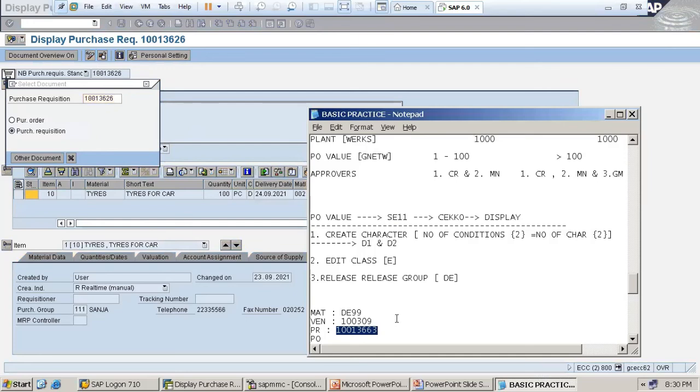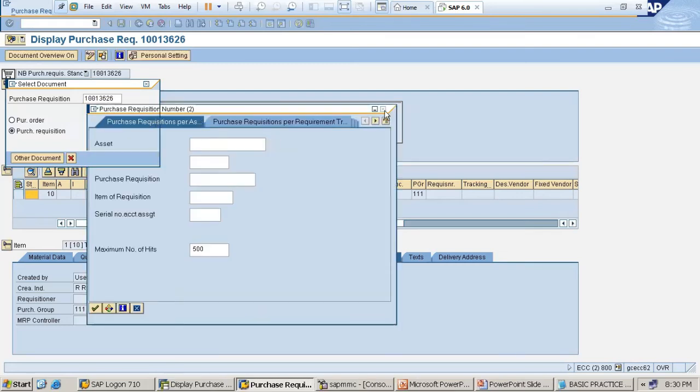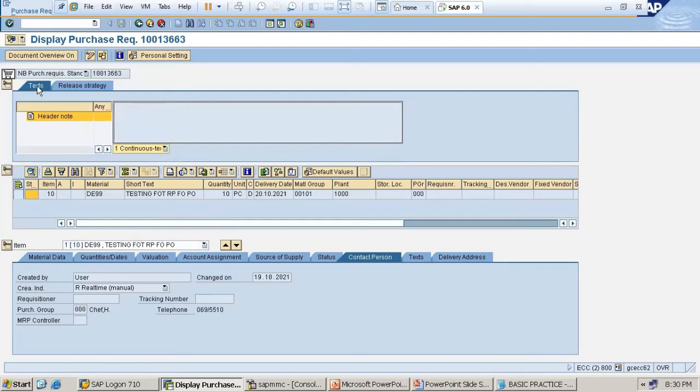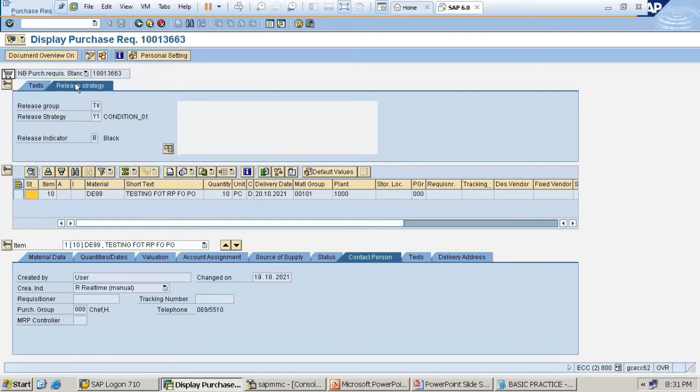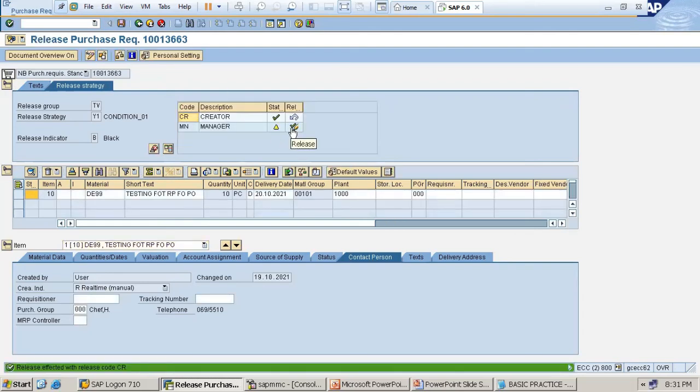Go for the PR number, paste the PR number here, enter, release strategy, edit, approve, then approve it. Save.